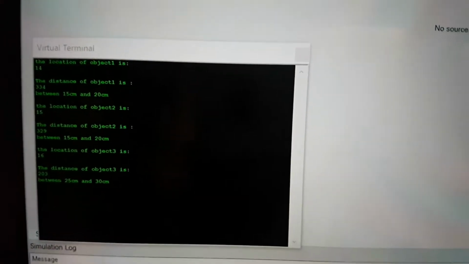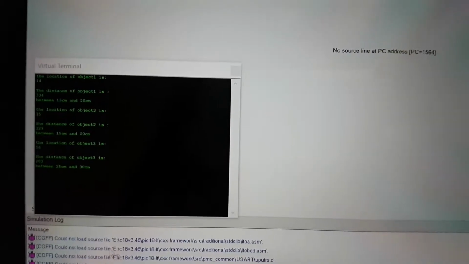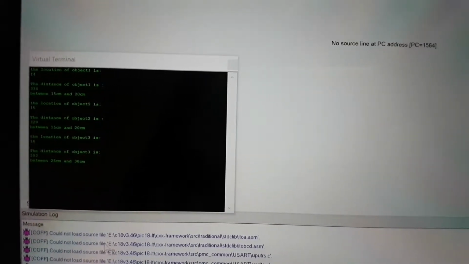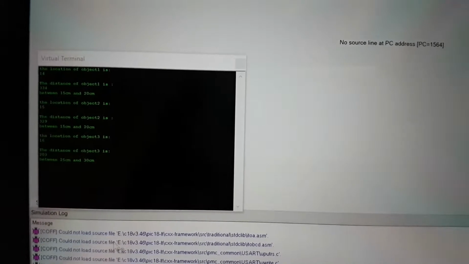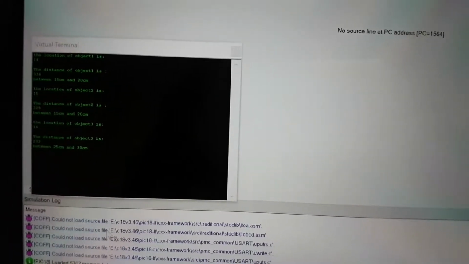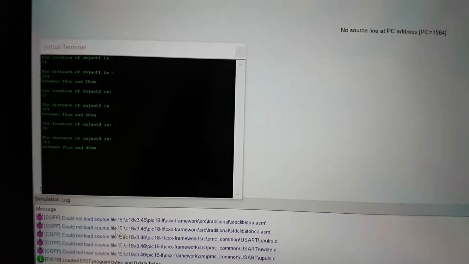Now this was the problem with the simulation. If you leave it to run for too long while it's within the range, it will keep on displaying the distance and location of the object which it has detected. But for our code, we have designed it to display only 3 objects, and that's what's happening here. Now if I run the simulation,